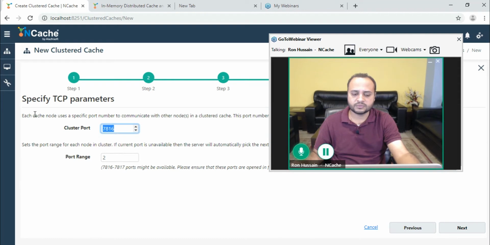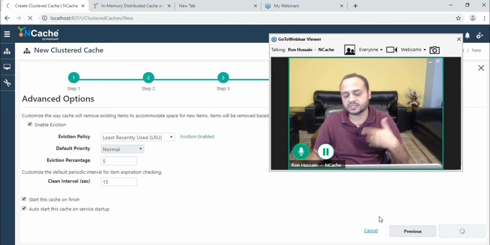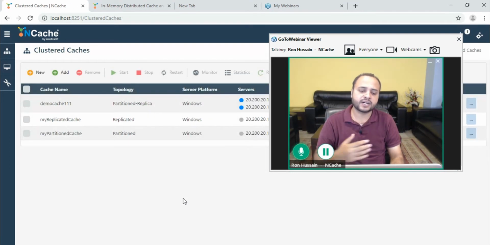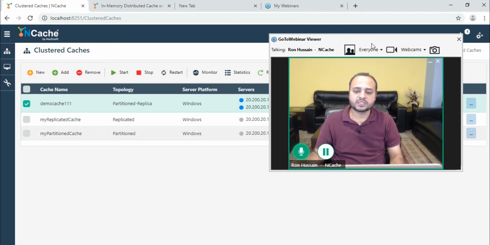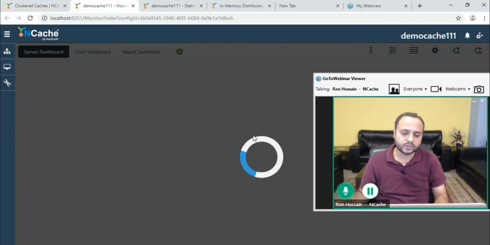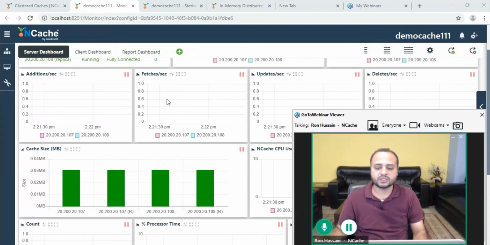Right. So I would specify the default TCP/IP port, and I would start and auto start this cache so that it starts up automatically when your server gets rebooted. So that's pretty much it. As far as cache configuration is concerned, you only need to follow this wizard, and that would create a cache on multiple servers. I think it started as well. I would open the statistics window, and then I would open the NCache monitor window, which is another tool which comes installed with NCache. Currently there's no activity,